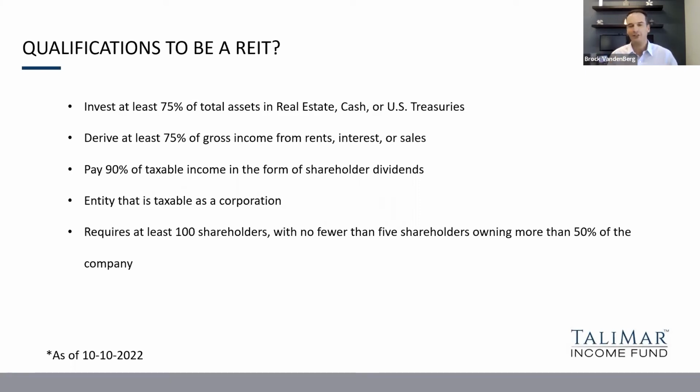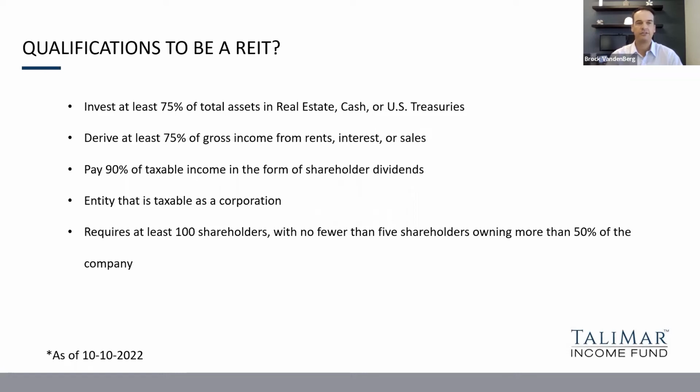Now, you can structure REITs that you can do that with, but the intention is that you actually physically hold a cash flowing passive investment, such as commercial real estate or mortgage funds. It has to derive at least 75% of gross income from rents, interest, or sales. Now, again, the idea is it's a passive income. And so what happens is that the REIT invests in, again, a commercial real estate asset. That income is a passive income that flows into the REIT, and then the REIT gets paid out as dividends to the investors,